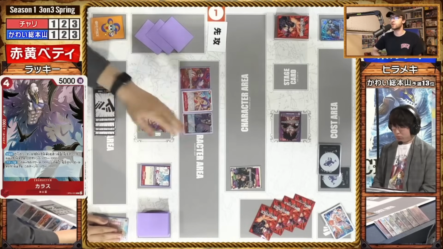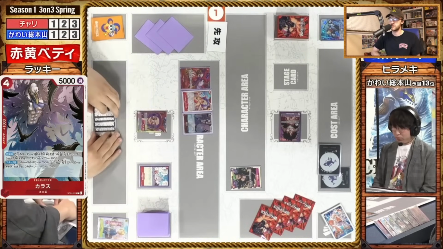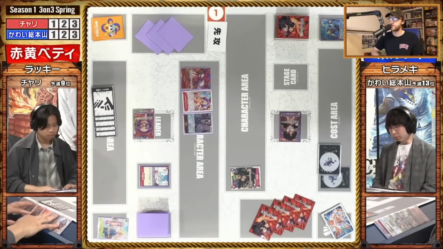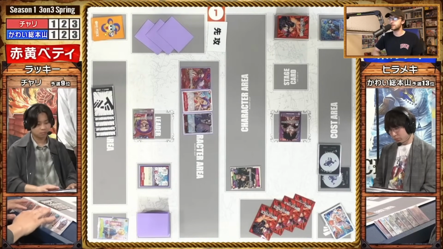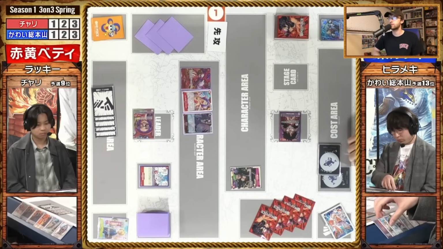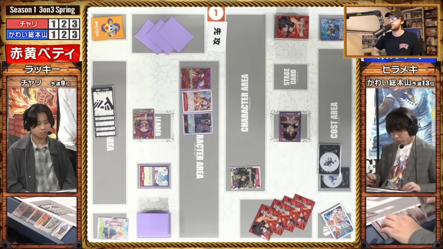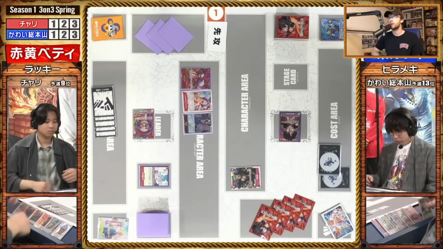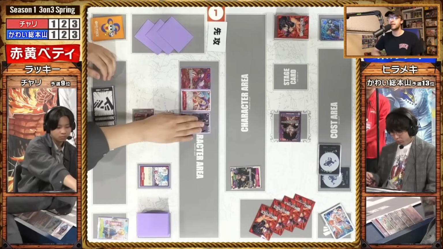The Luffy is actually going to be 4k at this point. So now we're going to see the 5,000 power at lead in a 4,000 power leader. A 2k that you just grabbed off of that Usohachi will still get you exactly where you need to be in terms of getting out of the attack, but you do have to think about that Belo Betty if after